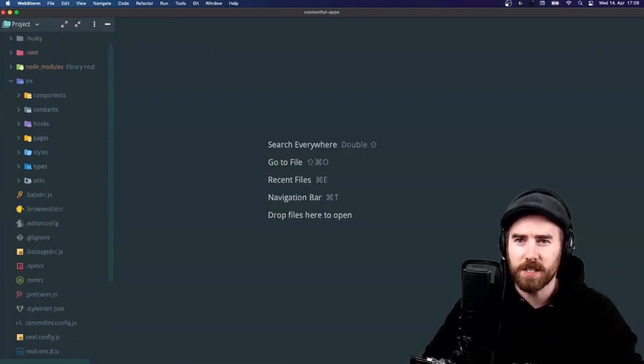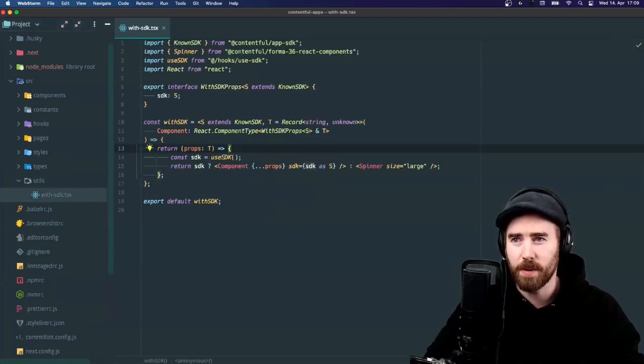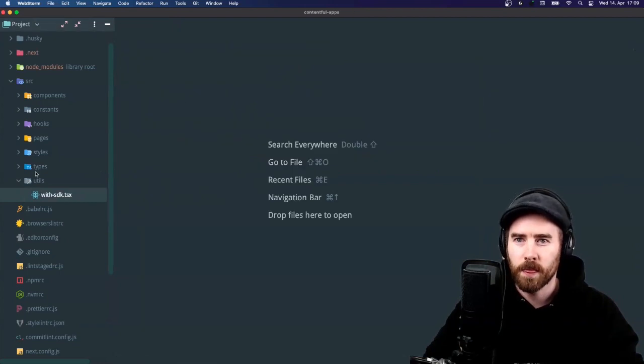A couple of things we did add here was a higher order component, which we basically use to pass down the Contentful App Framework SDK into our different components. And that's something I just wanted to highlight that we added. To give you a quick example of